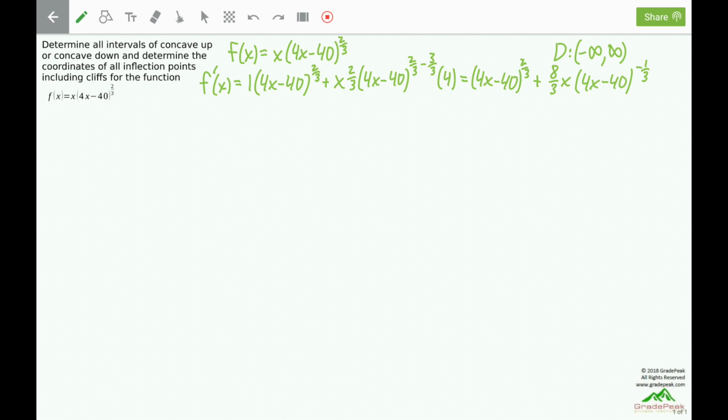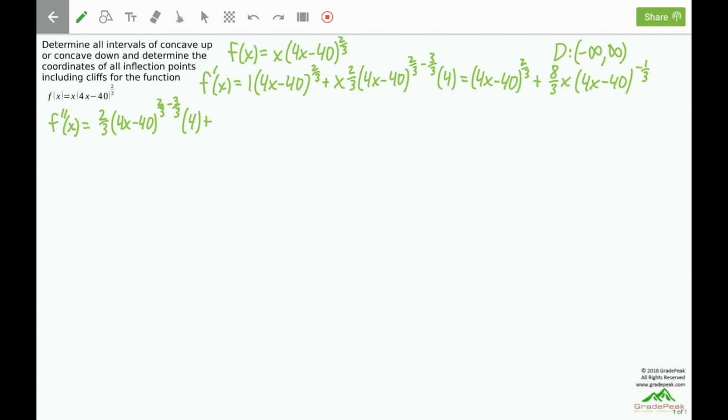We can take the second derivative directly from here because the first term is just the power rule, and the second term is just the product rule. So, f double prime of x equals, the derivative of the first term is power rule. Bring the power down. Leave the inside alone. Subtract 1 from the power. I'll call this 3/3, times the derivative of the inside to complete the chain rule,